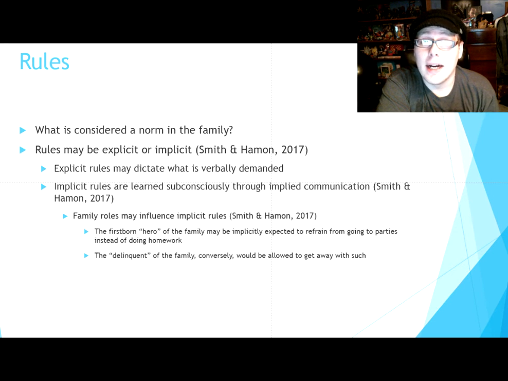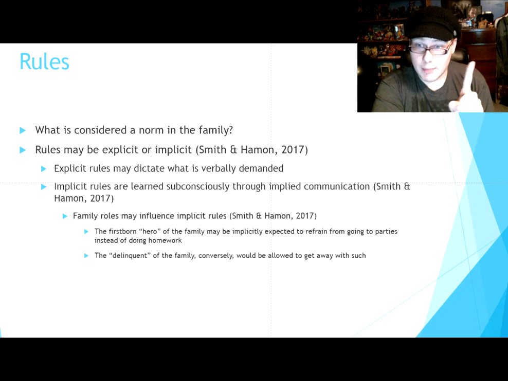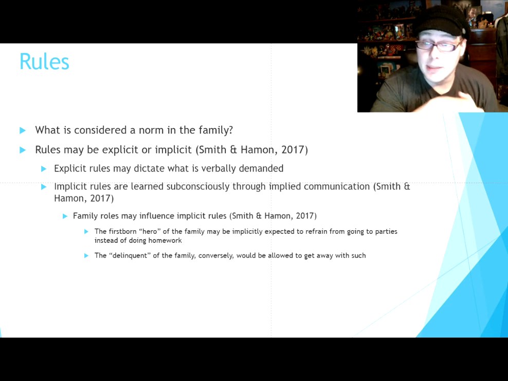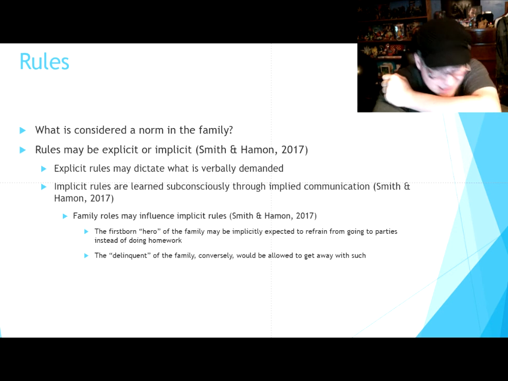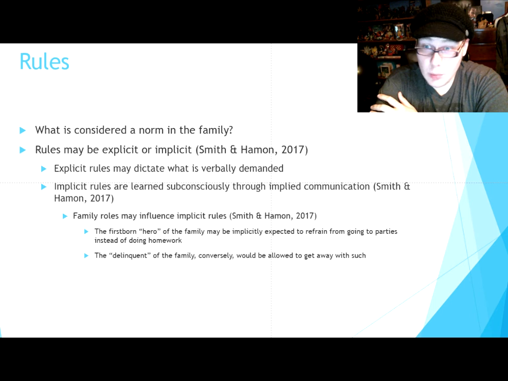the family, it's going to be based on how the rituals go. Like in our book, it mentioned how I believe it was the father had the TV remote, and it's like, oh, only he's allowed to use the TV remote whenever they're watching TV. It's only him, no one else. Or the mom is allowed to yell at the other people, but do not yell at the mom. That's just implicit rules that are learned over time.